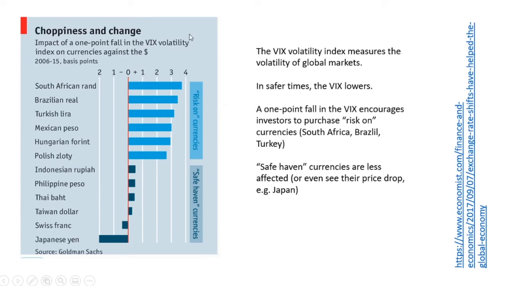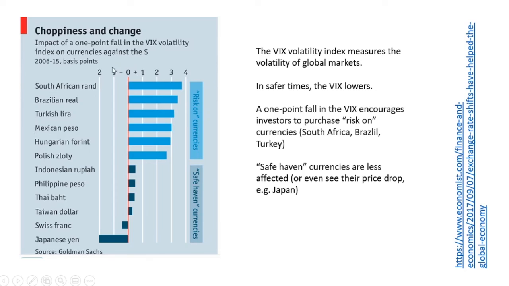In safer times, there will be a lower VIX index. So what this means is that if you have a 1-point fall in the VIX index, the global markets are becoming more calm, more secure, and so therefore more investors want to purchase these risky currencies. Currencies like the South African rand, the Brazilian real, Turkish lira, Mexican peso. These currencies see an appreciation